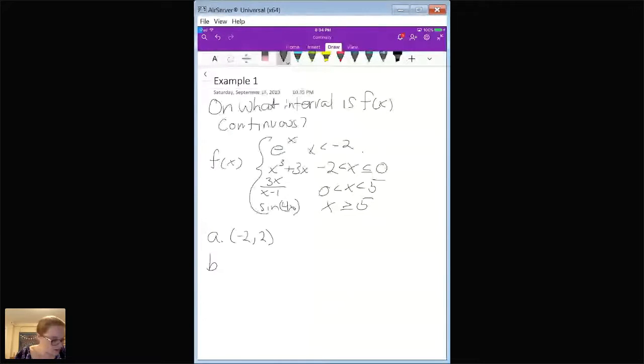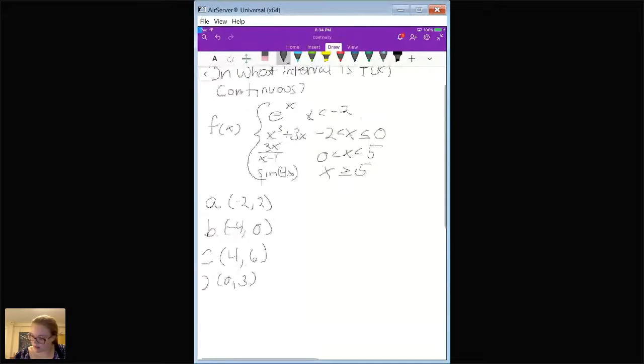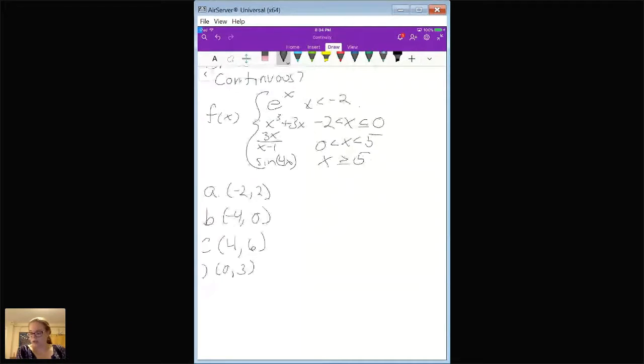Option B is -4 to 0. C is 4 to 6. And D is 0 to 3. Okay, awesome. So the first thing I want to do is go through these functions and talk about, do we